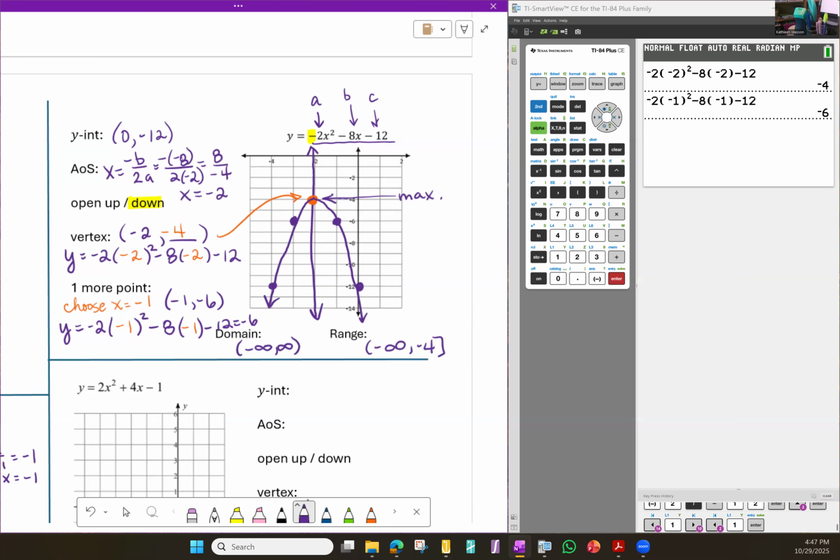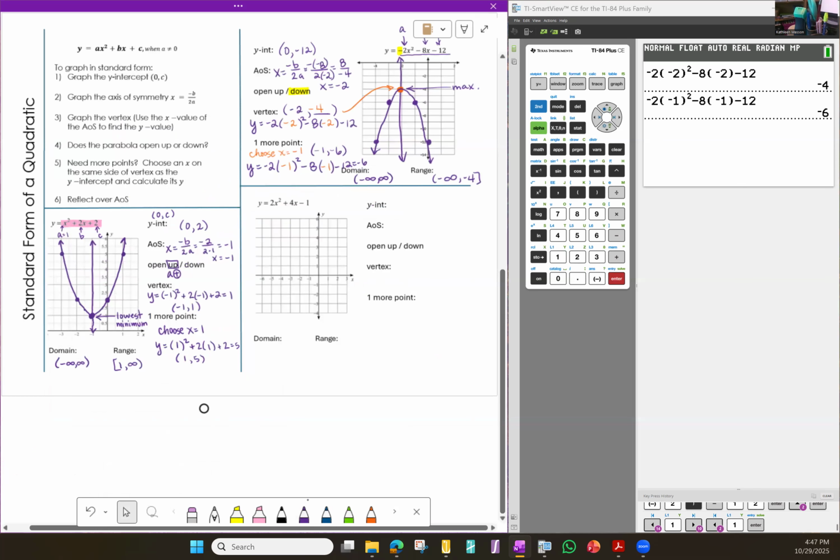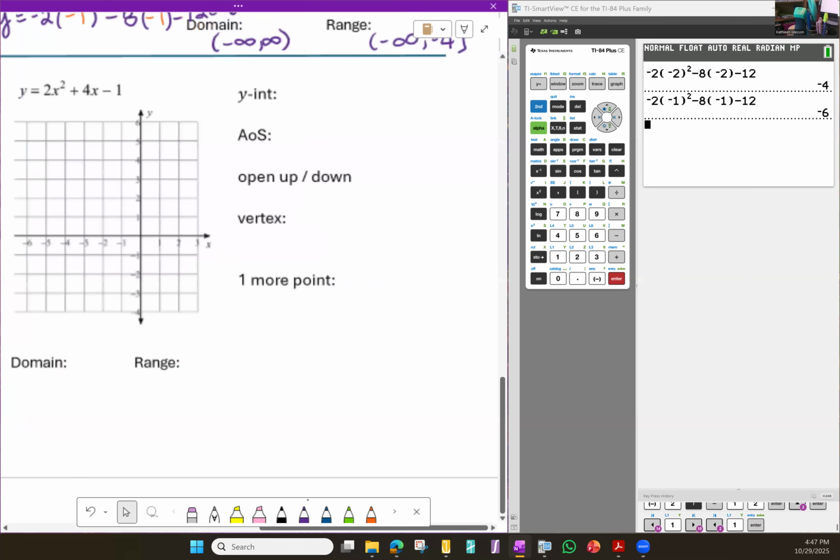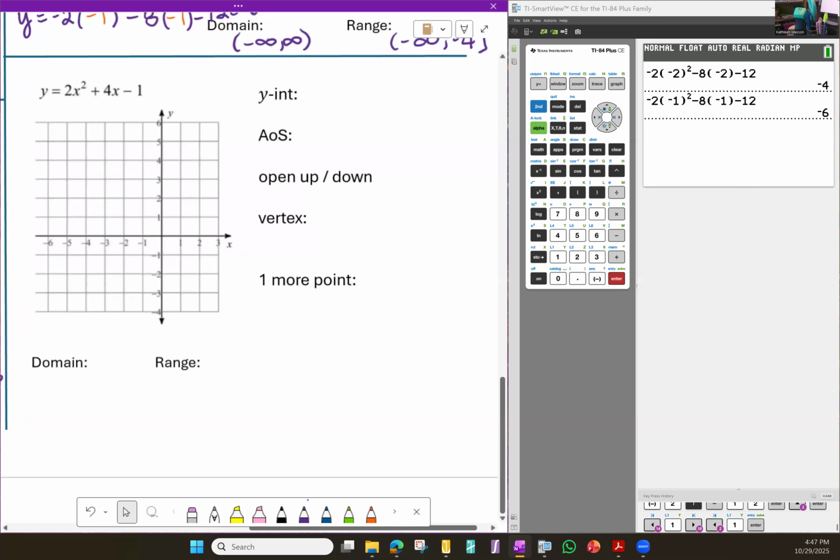I have another example here, using the equation 2x squared plus 4x minus 1. My y-intercept will be at (0, -1). I know that because it's at (0, C). My axis of symmetry is x equals, I change the sign on B, divide by 2 times A. So I have -4